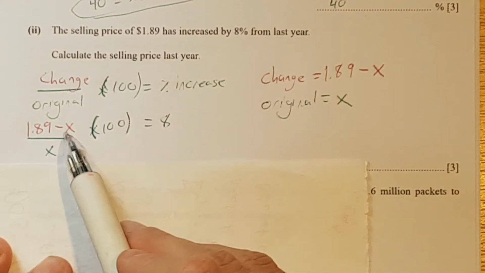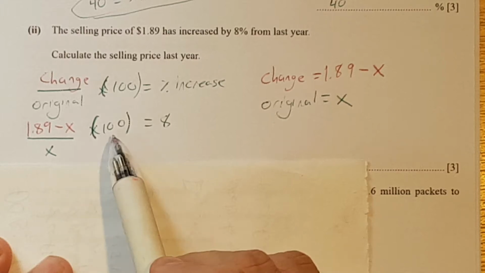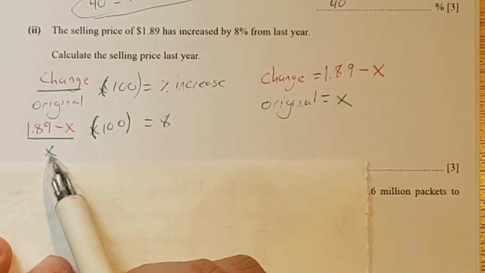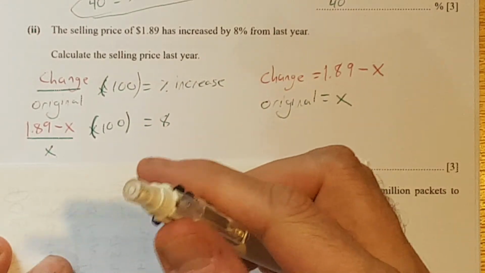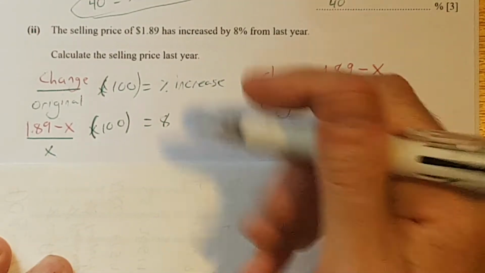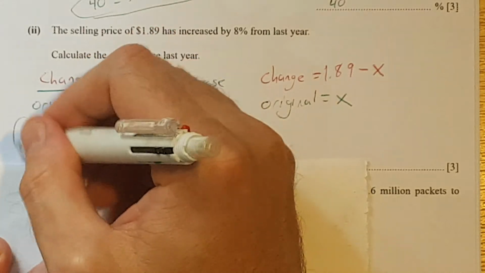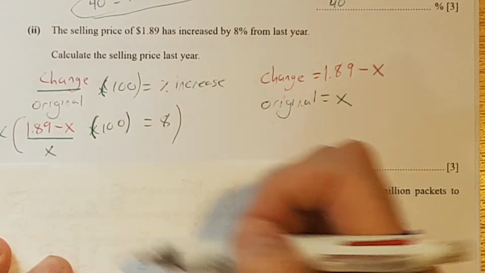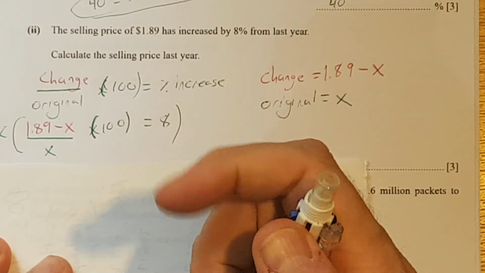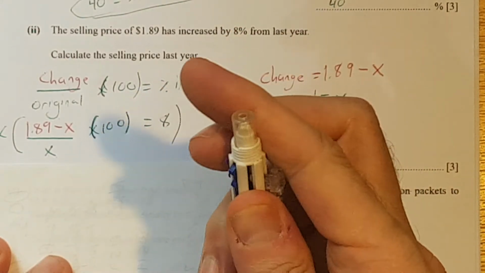So you have an equation (1.89x minus x) divided by x times 100 is equal to 8. The first thing I would try to do is get rid of that divided by x. So I have to multiply both sides by the variable x. It kind of looks like that. And so the x on the left side cancels out with the x in the denominator, and I just have $1.89 minus x